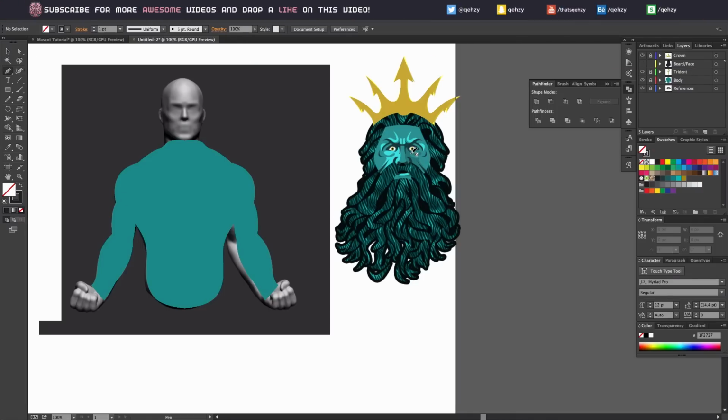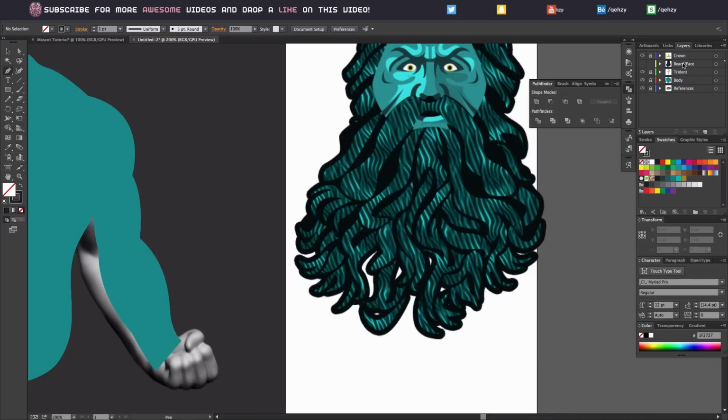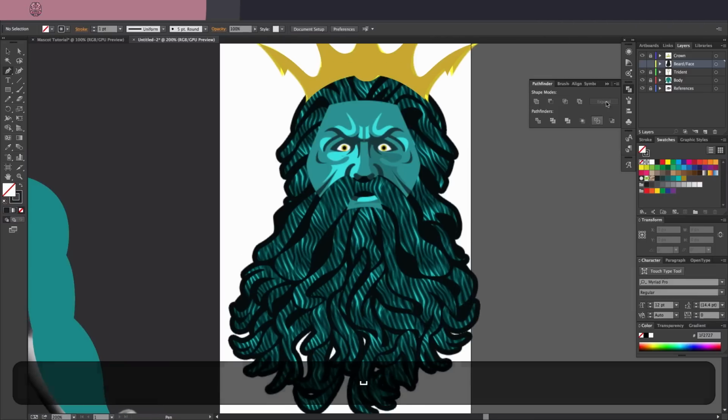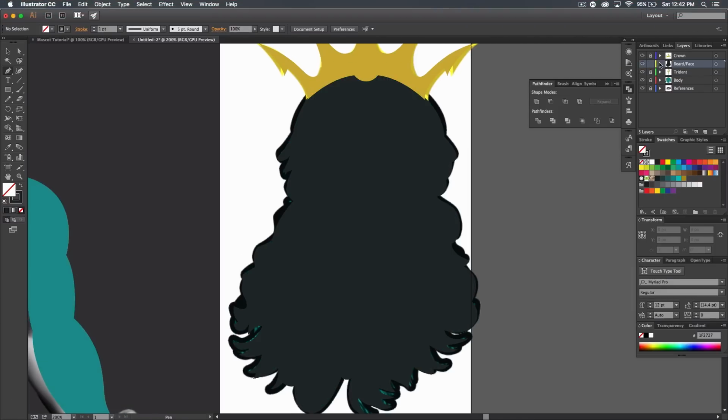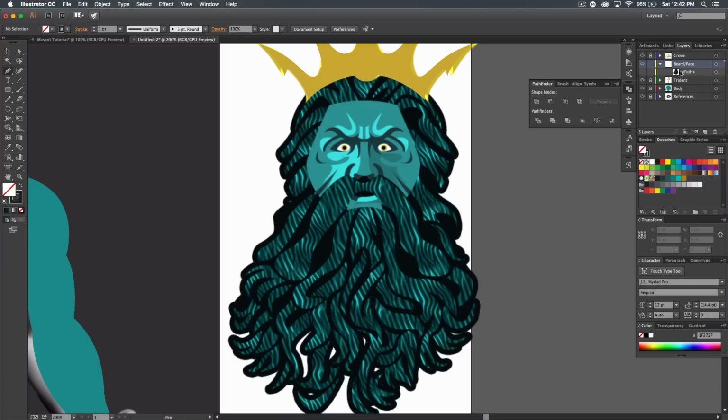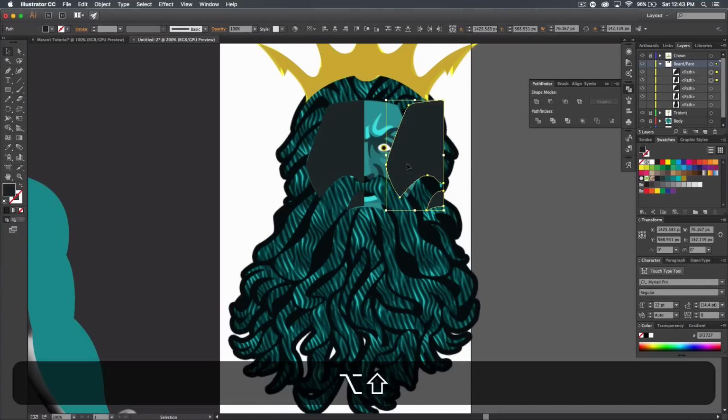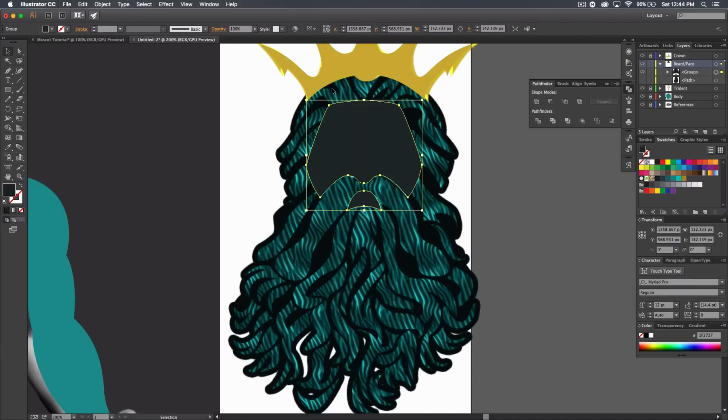Again, we're just going to keep it on an outline, and we're going to make sure the beard and face layer is visible, but then click the down arrow and then just hide it from within, so we can still work on this layer. And we're going to go ahead and trace the face, and again, since it's symmetrical, we can just do half and then copy it over. Alright, so once we do that, put them together, we have this,